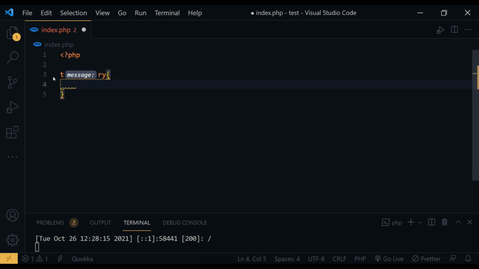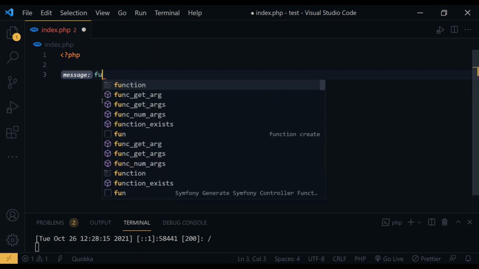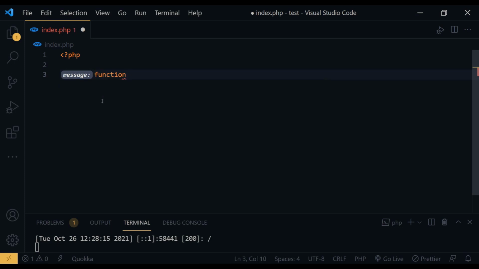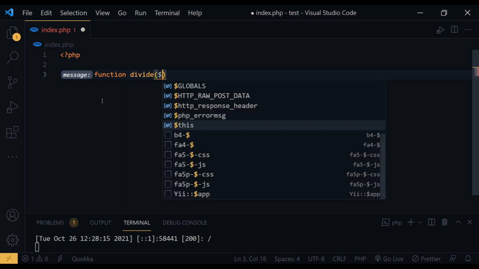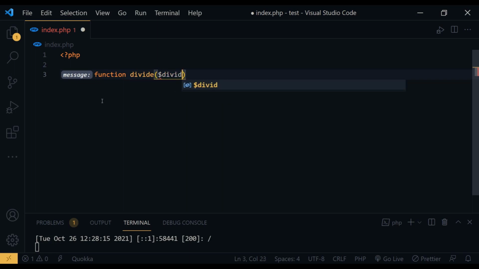Let's say we have, let's add the function first. Function, let's say divide. A famous example I will use in here. Divide dividend, sorry, dividend and also division. Okay, we pass those two things, and we check if